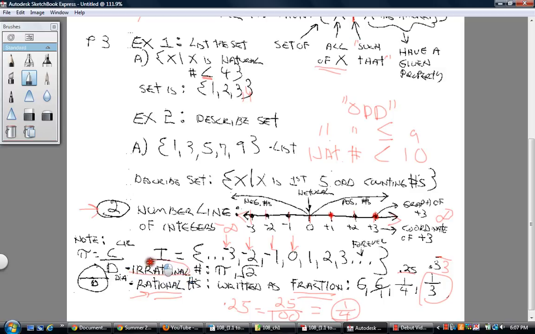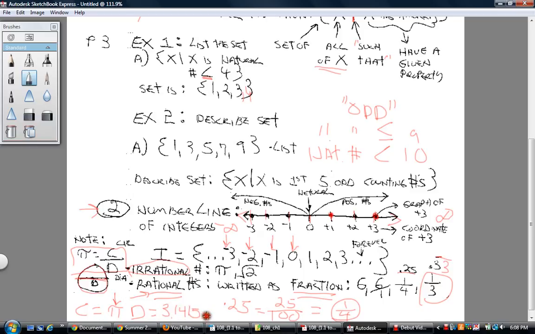Irrational numbers are numbers that do not make sense, and the classic number is the symbol pi, coming from the circumference of a circle, and the circumference of a circle is equal to pi times the diameter is the definition. If you isolate for pi, divide both sides by d, you'd end up with this: pi equals the circumference divided by the diameter. I find this very interesting because it's nothing but a ratio that the Greek mathematicians started doing measurements and realized no matter how small or how big the circle, that if you took the circumference, which is going around the circle, measure that and measure the distance going through the circle, the diameter, it always turns out to be equal to